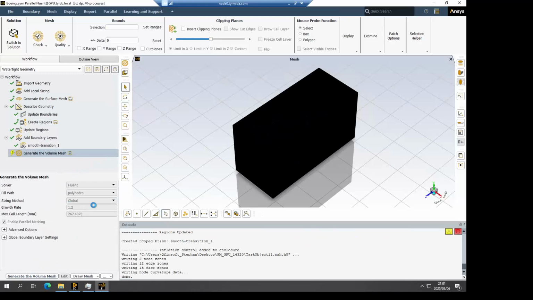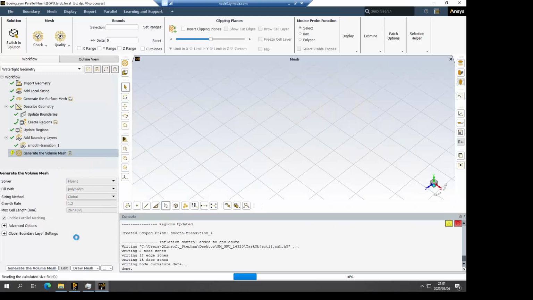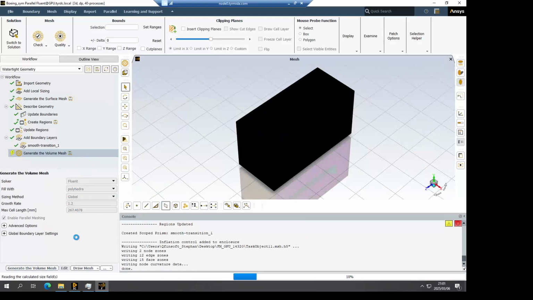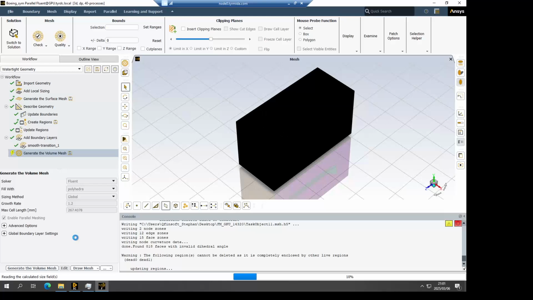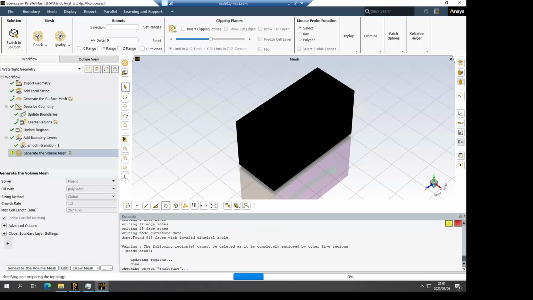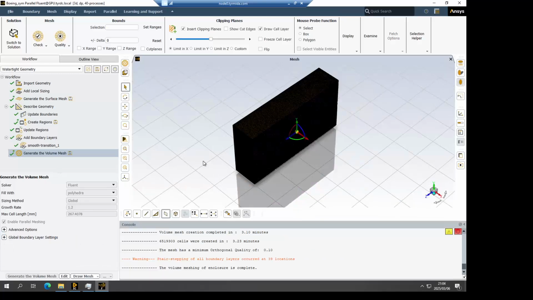Now we can see I'm going to create a polyhedral mesh, which gives good quality elements and is quite easy to create even in complex geometries. Now, due to some questionable interdimensional geometry, the quality of our mesh is maybe not as good as I would want it.